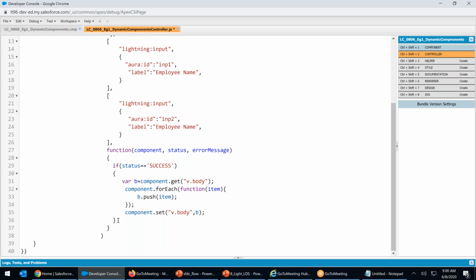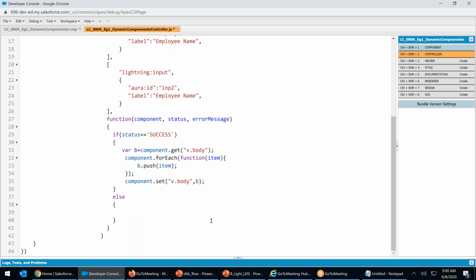Else, if it's incomplete, if it's error, else, I'm writing the else also. What is that? console.log. What to log? I will say sorry, error creating comp.